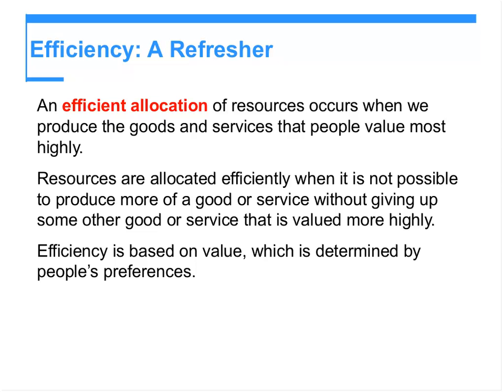So a very basic definition of efficiency is going to tell you this. We will have the best efficient allocation of resources when we cannot produce any other goods or services without giving up other goods or services that people appreciate more or value more. So the moment that we are reaching to the point that there is no more possibility of giving up on some resources to get other resources,